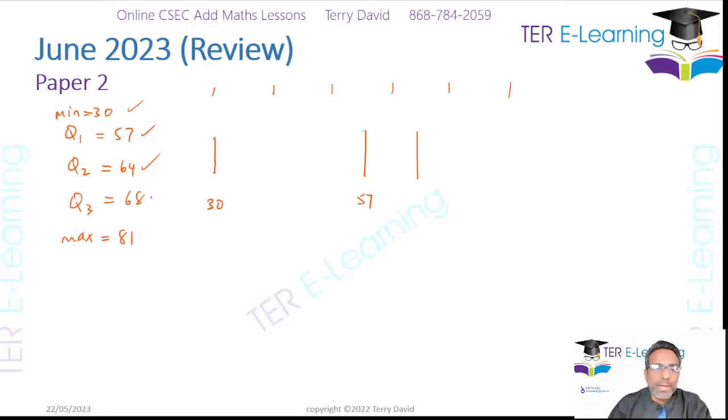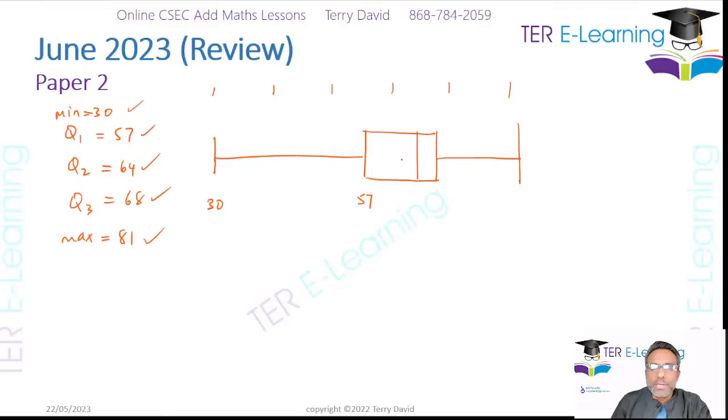Right? And then 68 now. So 68 is going to be right here. Right? And then the last figure is 81. So this 81 should be about here. So all you need to do, take a ruler, draw this, do this,